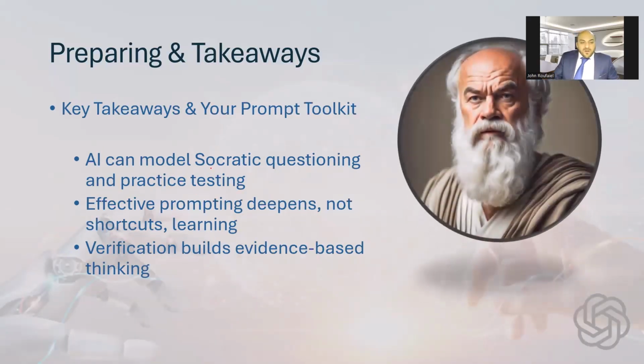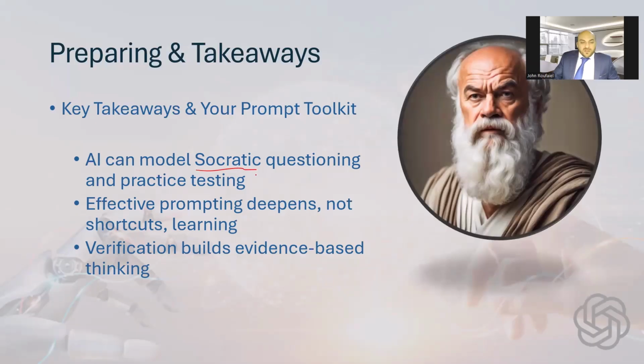So the AI model is what we call Socratic questioning and practice testing. So again, it's questioning us about ourselves. Why are we taking this answer? Is this perfect as it is, or should we not accept it? Why should we not accept it? What else could this be? Okay, now that we've done this, does our answer change? Why does it change? And continuing that cycle